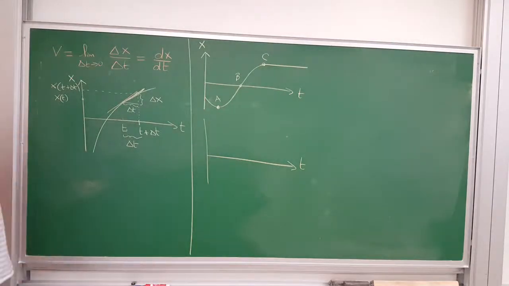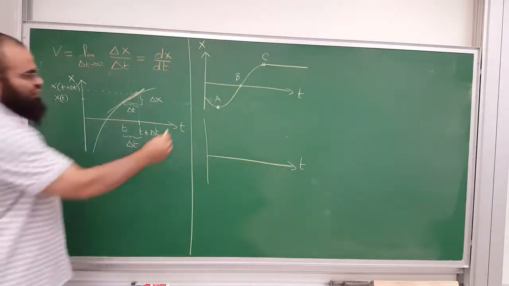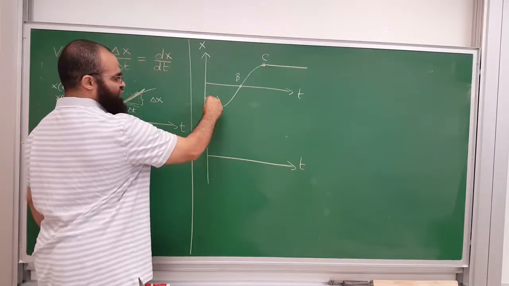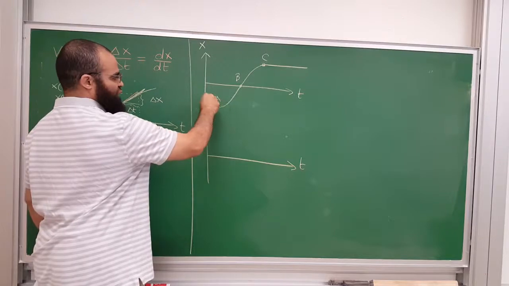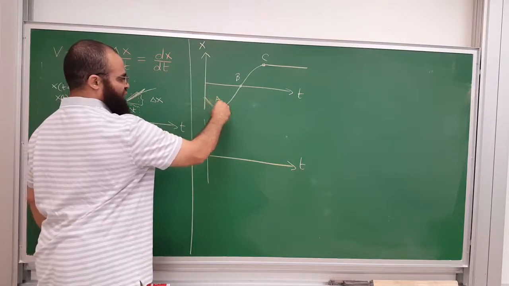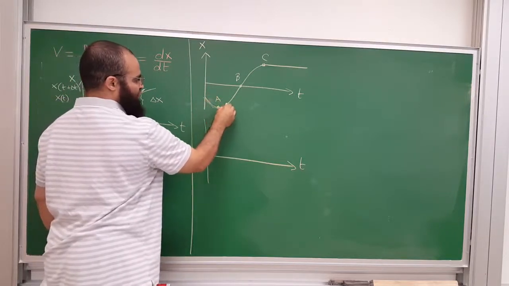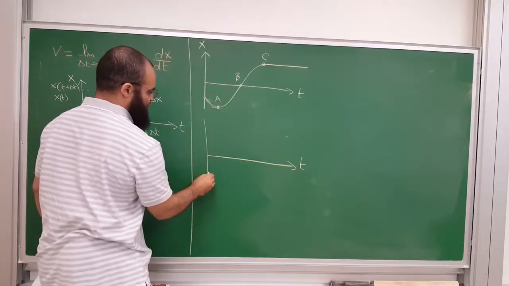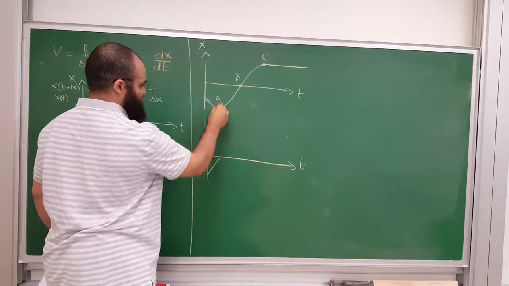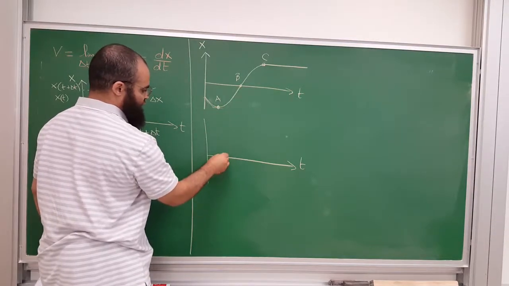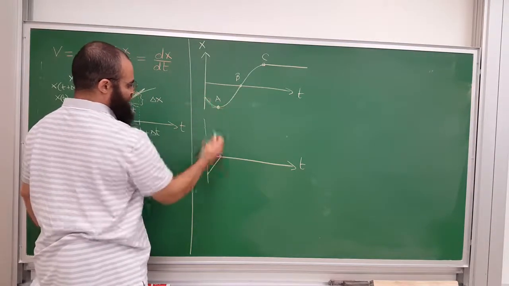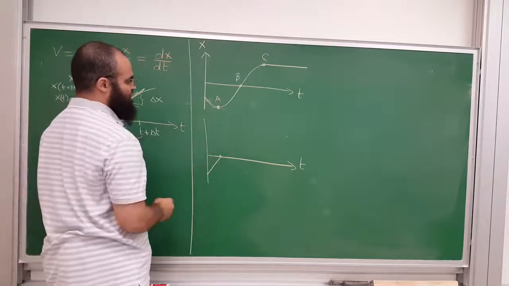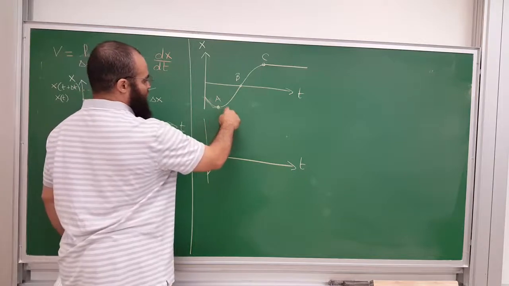The velocity is the derivative, or the slope of the line tangent. The slope of the line tangent on this interval here, from here to here, is negative, and then it becomes 0, and then it becomes positive. So it starts being negative, and then becomes 0 at A. Let's say it's linear, maybe. It will increase steadily until it becomes 0. And then it becomes positive,